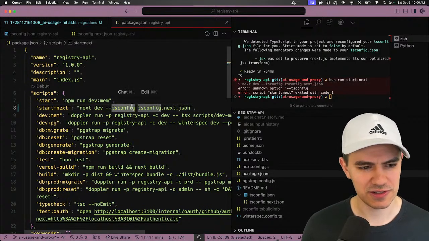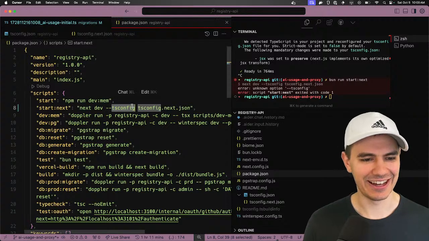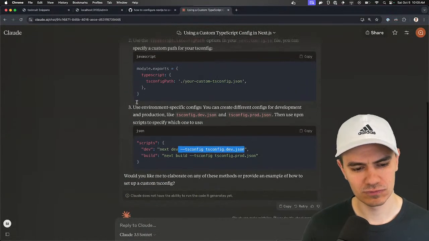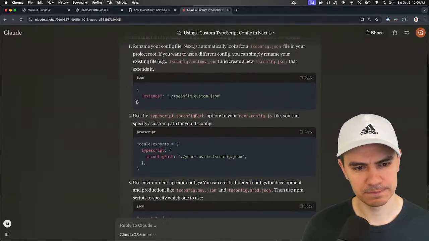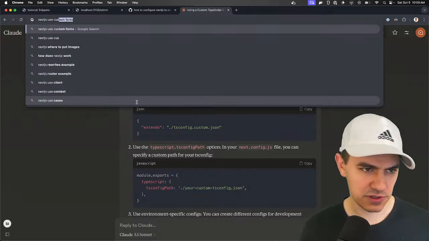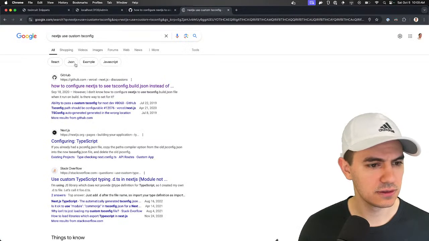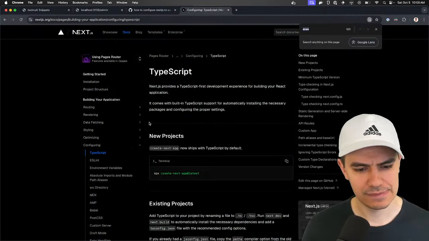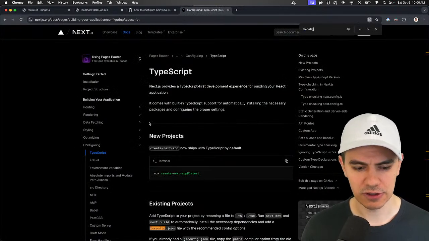All right, so Claude just hallucinated that. Next.js use custom TS config. I don't know if this is possible.